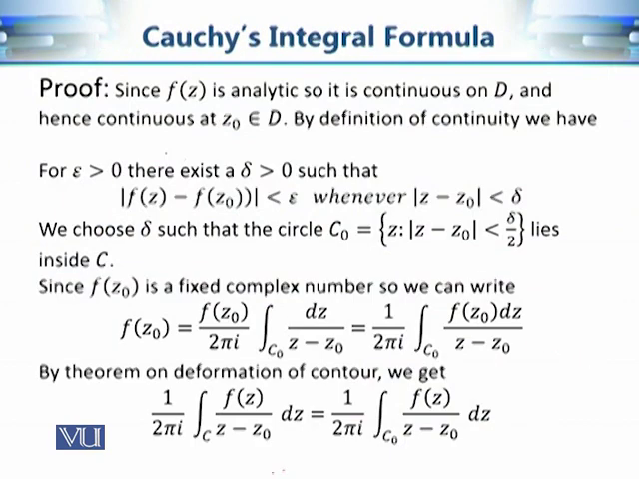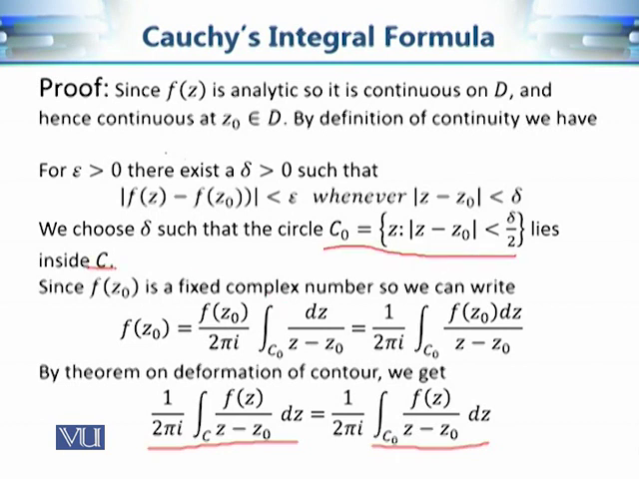Now using this result we can write down this contour integral in the following way. The contour integral of f of z over z naught along C is equal to the contour integral of f of z over z naught along C naught, because C naught is contained inside C. C naught is a circle with center z naught and radius delta by 2, and it is contained inside this contour C,